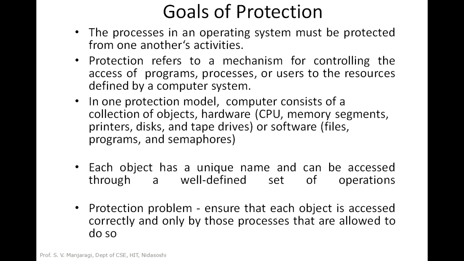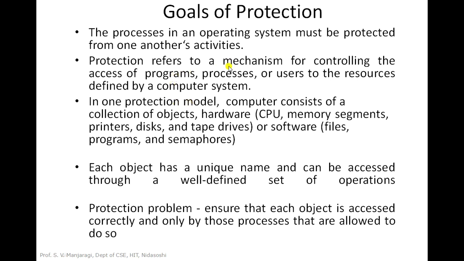We all know that for each and every process, a separate address space or memory will be allocated in the physical memory. Here, one process cannot access the address space of another process. It means a process cannot modify the contents of another process if it doesn't have any access permission. So that is why it is necessary to provide protection for the processes in the system, so that one process must be protected from interfering into another process's activities.